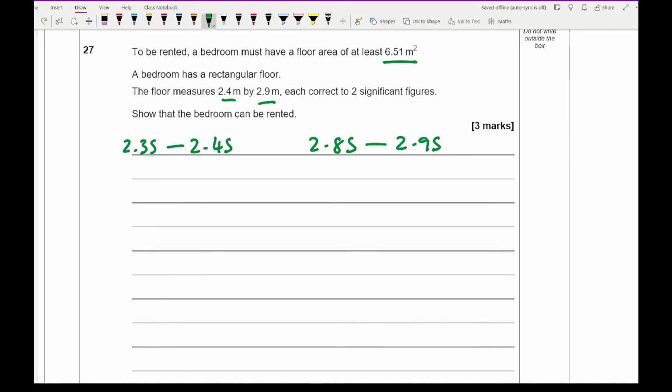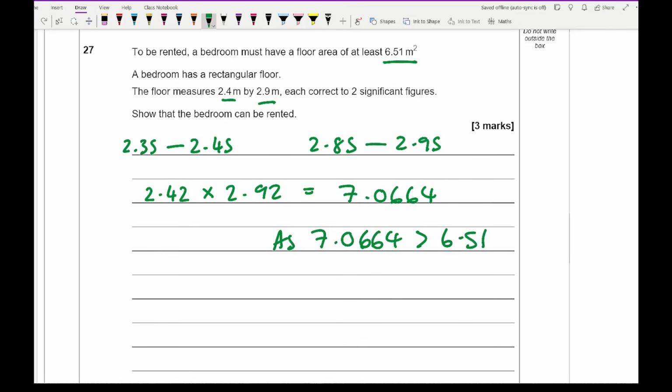So if I go for, let's just pick one, let's go for 2.42 multiplied by, let's go for, 2.92. So 2.42 times 2.92 gives me an answer of 7.0664. So as 7.0664 is greater than 6.51, the room